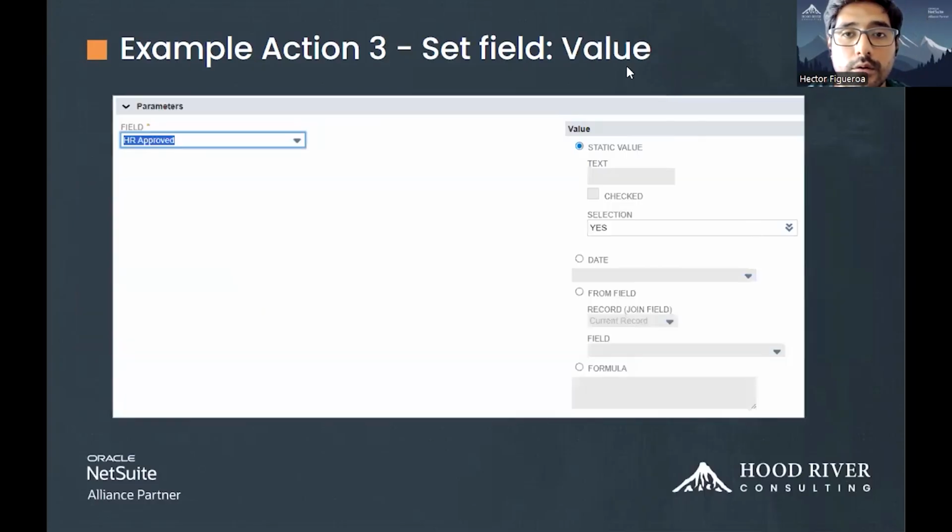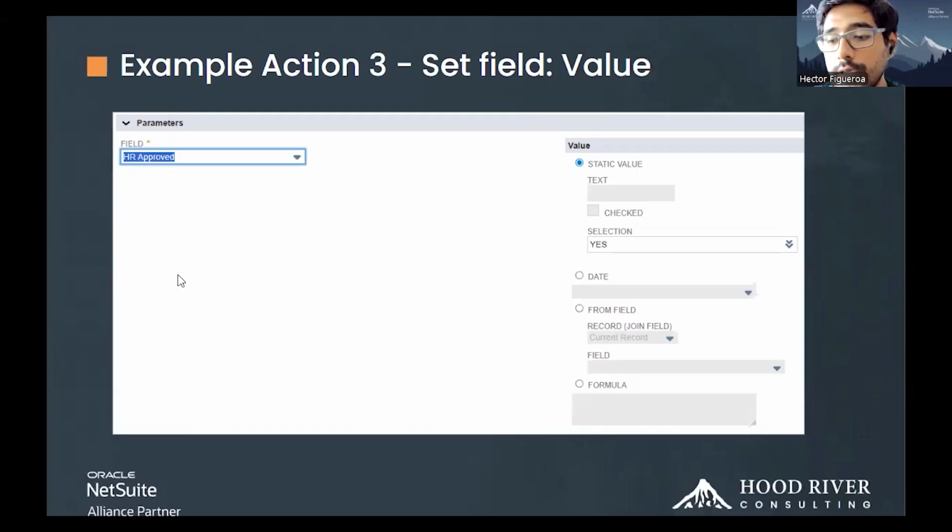The third one is set field value. In the set field value, what we can do is pick up a specific field. For example, in this approval process, we can select if the HR has approved. When he clicks the button of HR approved, we go to the HR approved box or field, and we select a static value. Depending on the nature of the value, if, for example, the field is free form text, we can set up a text.